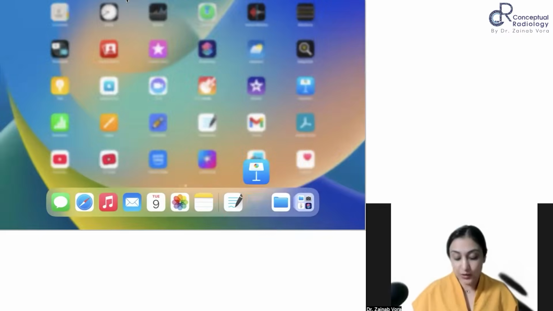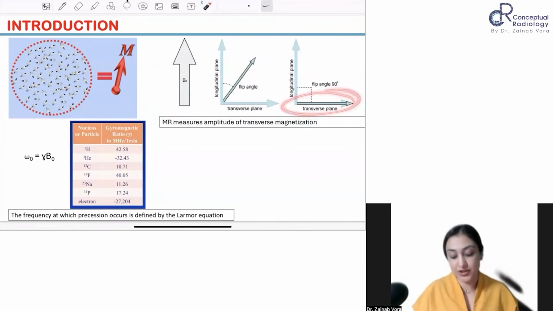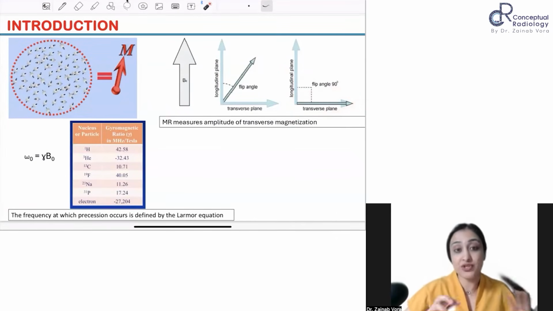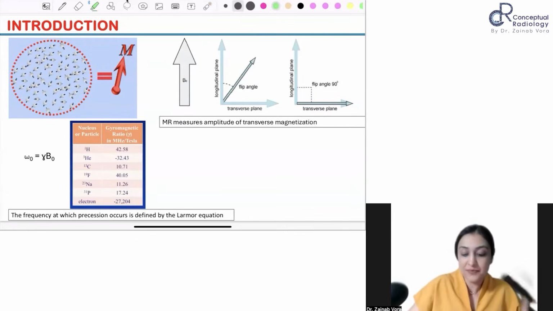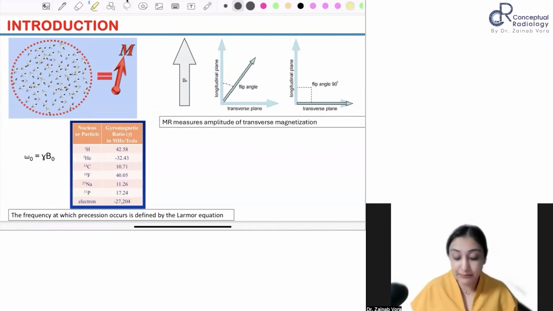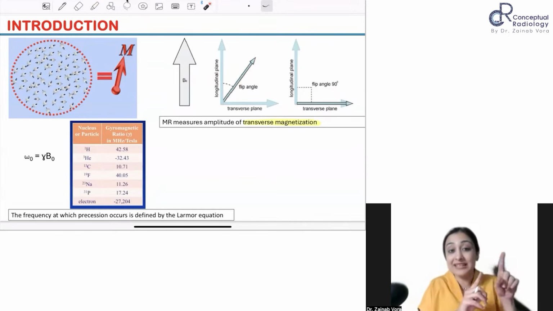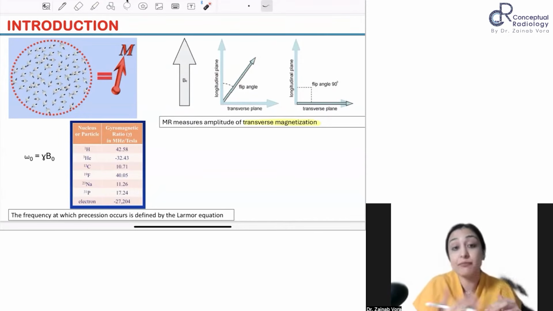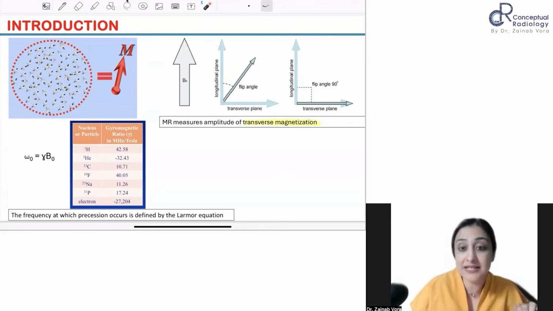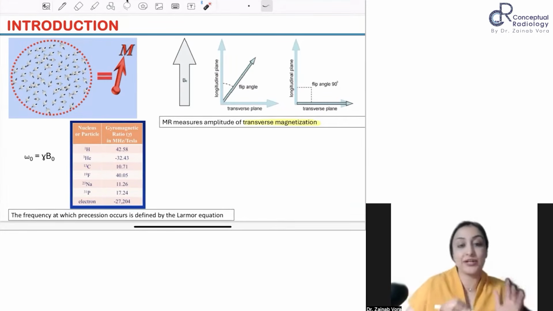So what I now need to do is flip it to the transverse magnetization. This is very, very important, fundamental to everything that we're going to learn in pulse sequences. Our body, or our magnet, our MRI machine can only measure transverse magnetization. That's the only thing that can be measured. So now I have to flip this. So what we do is we give a flip angle. All right. So now what will happen when this RF pulse gets switched off? It will go back to its original state.